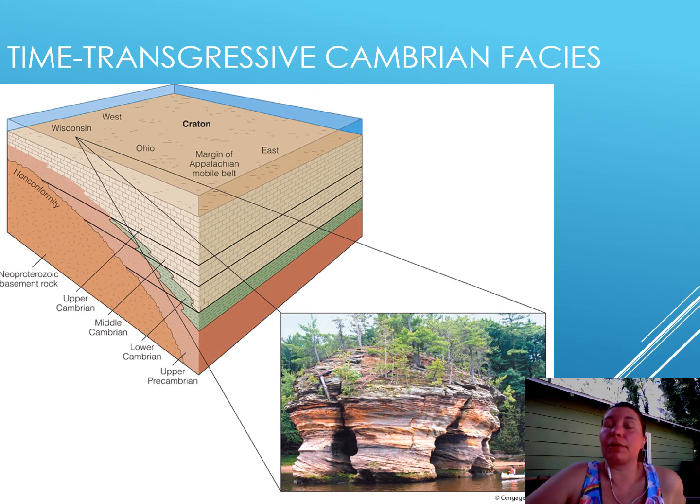Okay, and we're seeing similar things in the Appalachians as well. So here's a block diagram from the craton that's on the interior or westward side of the Appalachian belt. This is showing 3 major Cambrian facies, or bodies of rock from the Cambrian, and also showing us what's happening over time. We're looking at carbonates forming here at the top, more sandy stuff down here at the bottom. So this is also showing us sea level rise, not surprisingly, because during about the same time, we have sea level rise in the west,